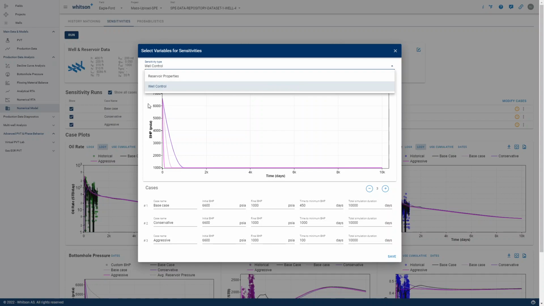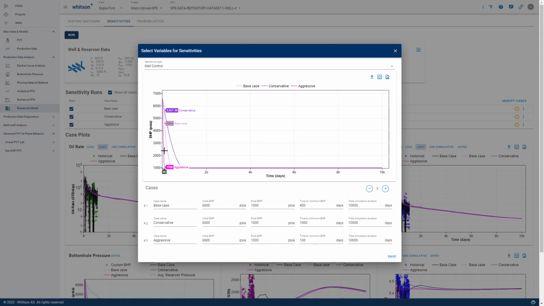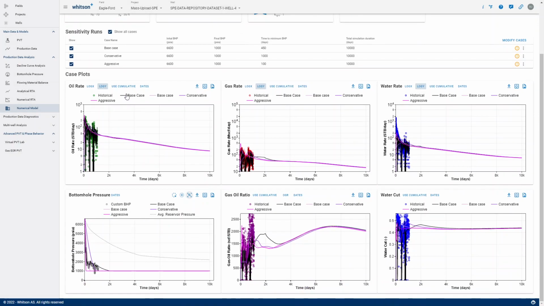What that means is that you can now run the model on a wide range of different bottom hole pressure schedules. So here I'll just define three different cases: a base case, an aggressive case, and a conservative case, meaning that they're just hitting a certain final bottom hole pressure at different points in time. And that can be very interesting for those of you who study, for instance, drawdown management, and when potential drawdown management, at least from a PVT perspective, starts to be important,